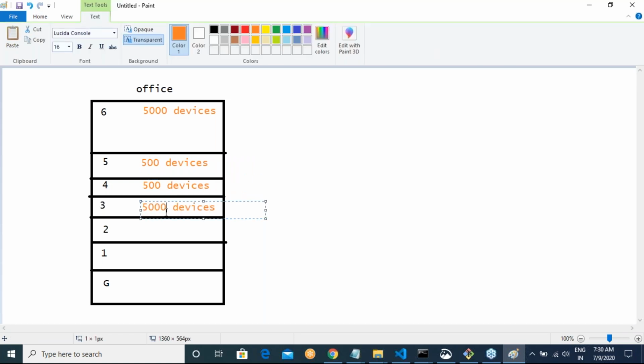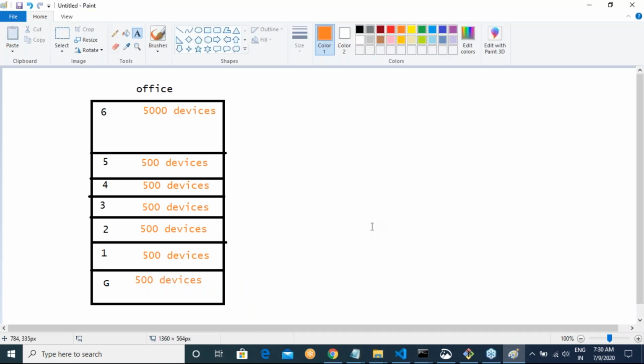Am I clear on this? In all the other floors, it is 500 devices. So in the ground floor also it is 500. Now this is your office building.